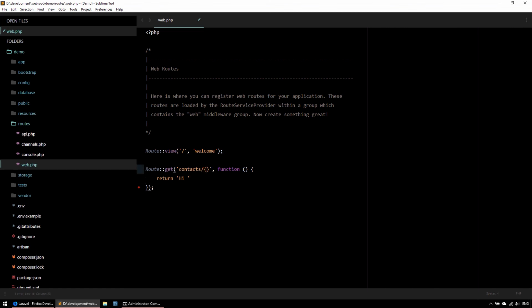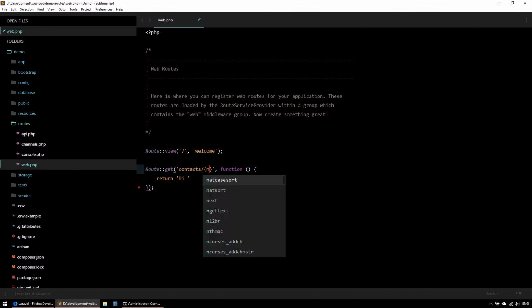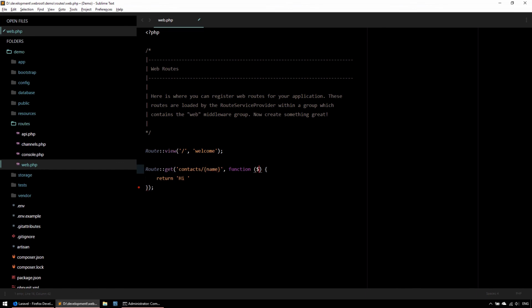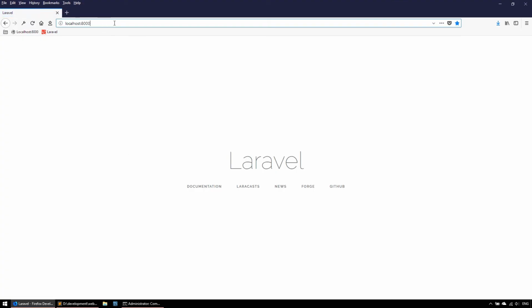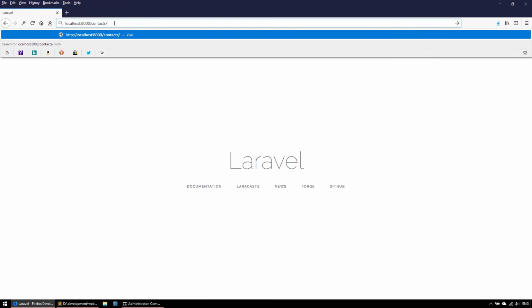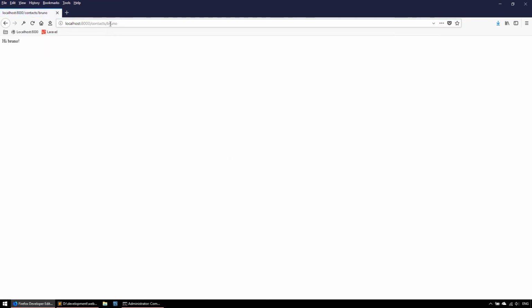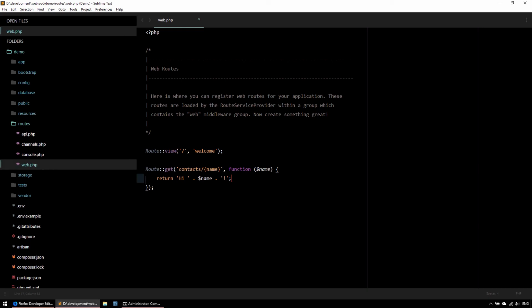So you just need to put it in brackets, you write name, and then on the function argument, you give it the same argument name as it is here. So for instance, if I write ID here, I will call it ID here. So Laravel can connect both. And in here, all I need to say is hi, and then name. And let's see what happens now. So if I go here and I write contacts, and then I write Bruno, it says hi Bruno. If I write, I don't know, John, it says hi John. So as you can see, there is a parameter binding